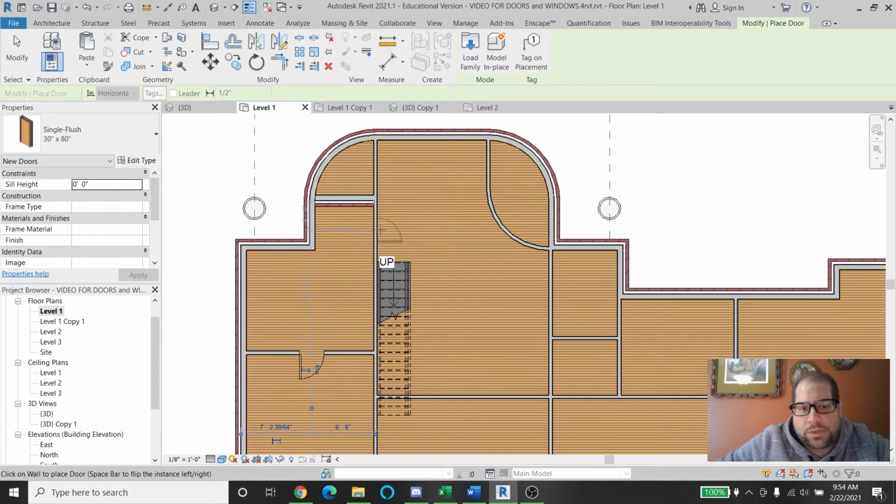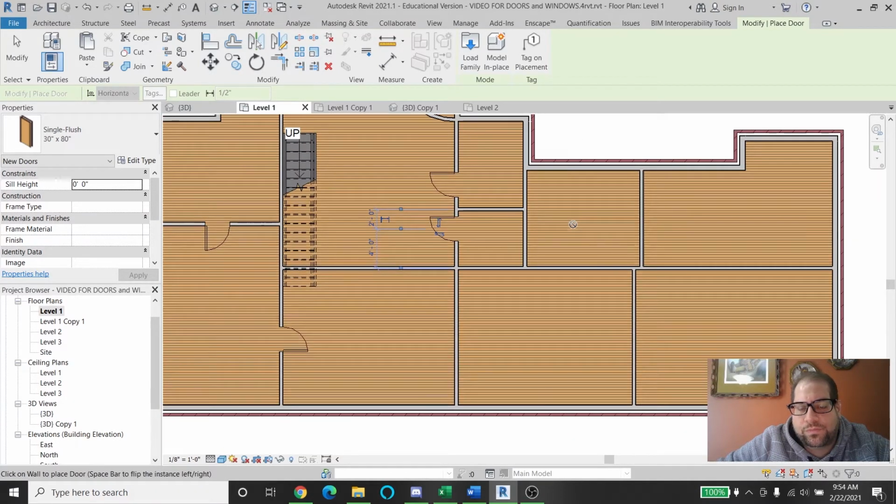And then I'll have an opening here to this room again. One here. And one here. As far as this particular area, I'm going to put a specialized door here, an opening here. This area, I'll put a regular door,